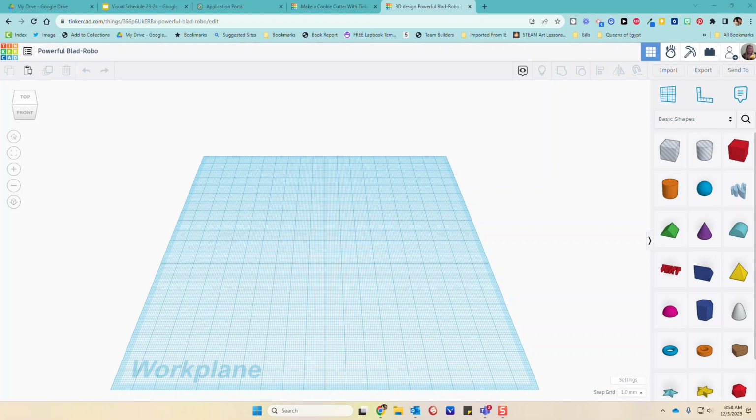Hi there. Today I'm going to show you how to make a cookie cutter using Tinkercad. So I'm going to start here with a new design. I'm going to go ahead and rename it and put my name first and cookie cutter. And I'm going to do a fairly simple one, but you can make them as complicated as